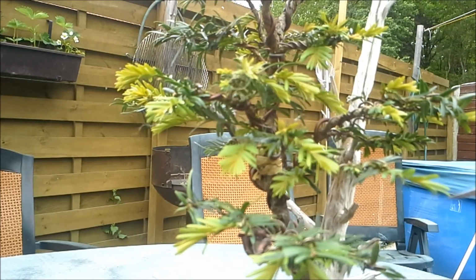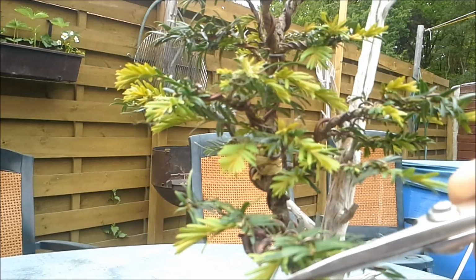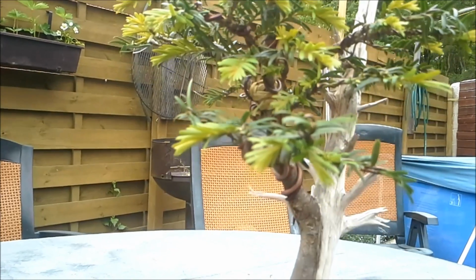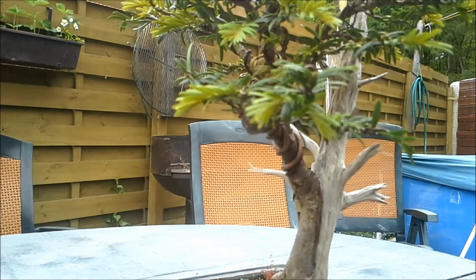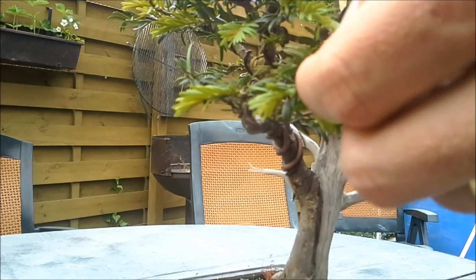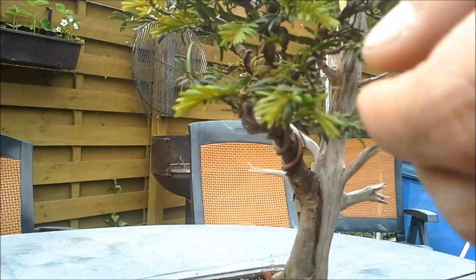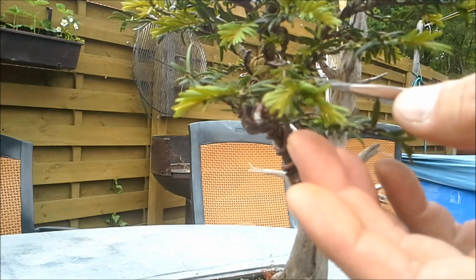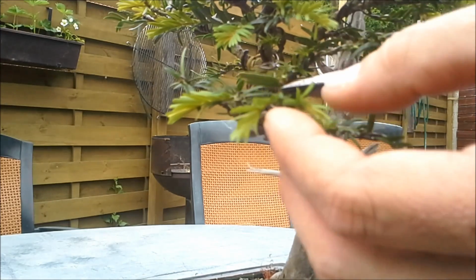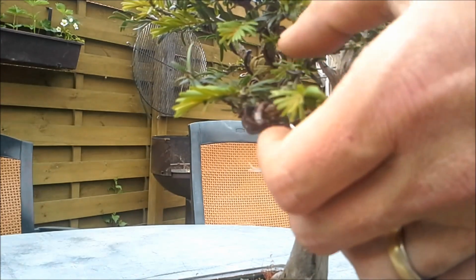Okay, so watch the visual effect here. This you see is an old branch, 1 or 2 years old, and if I lower the camera, you can see there are two branches under it. So I prefer to have 2 new shoots instead of 1 old, so I will have to remove this first. That's the old one, and I don't have to do it in one cut. I prefer to see what I'm doing. Yeah, so this is the old one, and now I have 2 new,